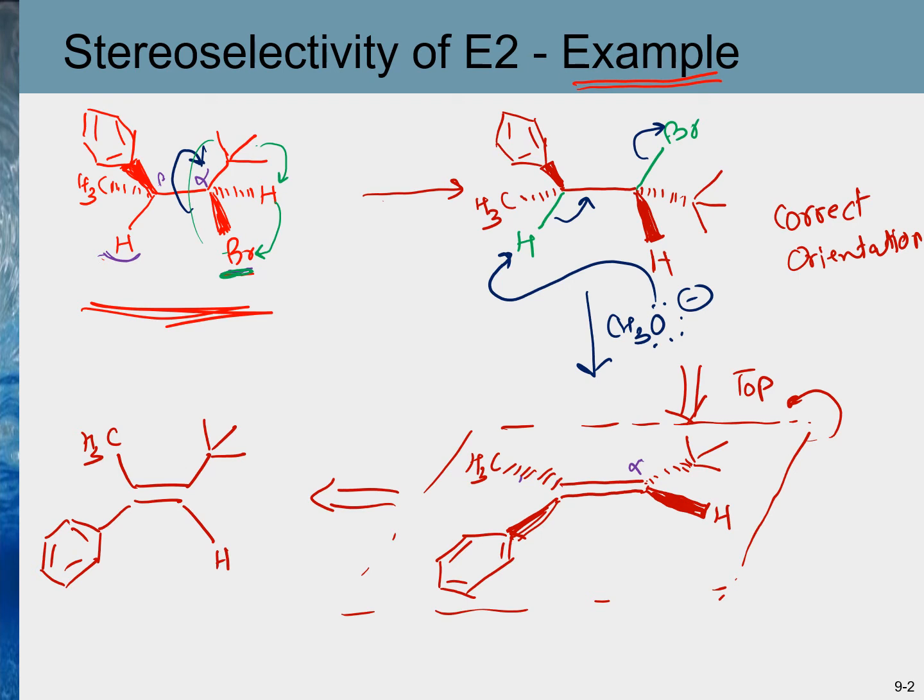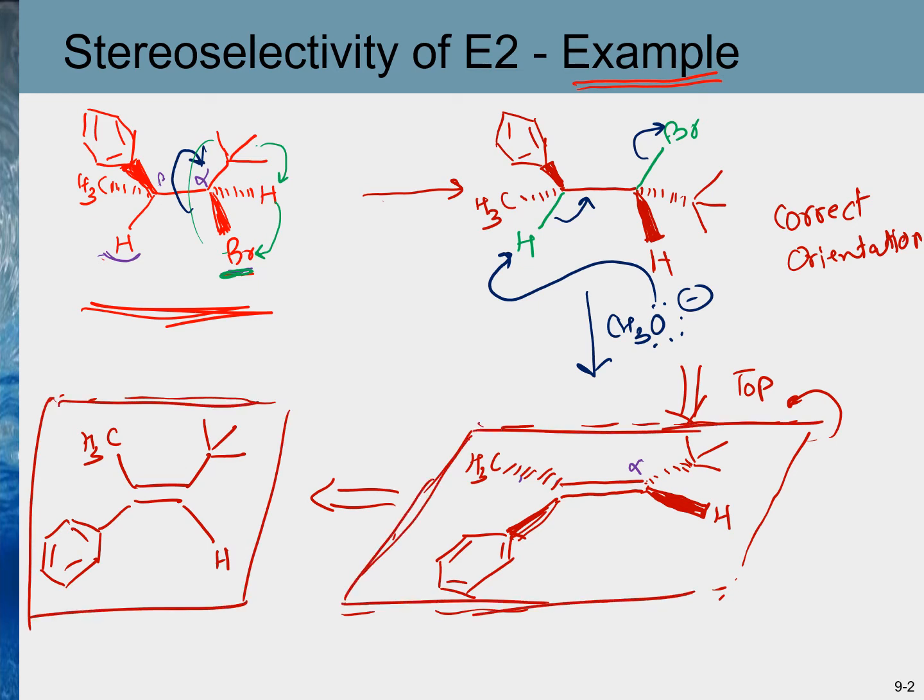Instead of having it horizontal, I just moved it to look at the top view. So that's the correct one. Now we can calculate whether it's E or Z. I'm gonna leave that part to you guys, but that's how we calculate the correct orientation or the correct stereochemistry